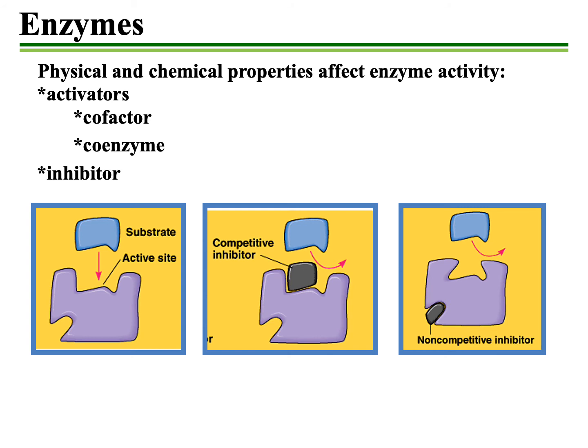It is a chemical that must bind for the enzyme to be active. It plays a role in allowing for the enzyme to be active. There are two broad categories of activators. There are cofactors, which are non-protein molecules required for enzyme function, and then coenzymes, which are protein-based molecules required for